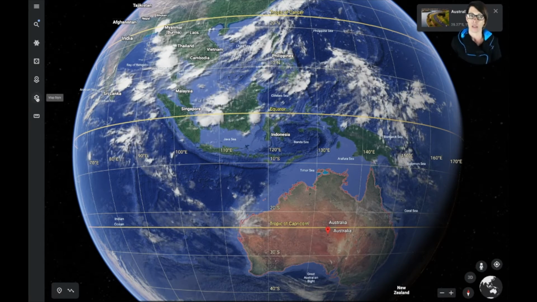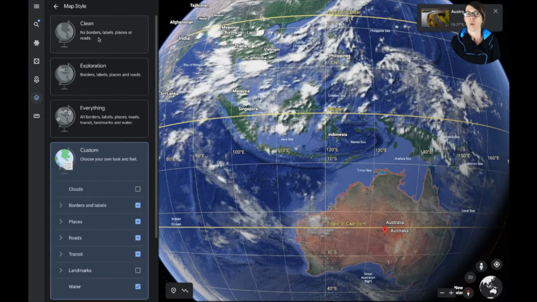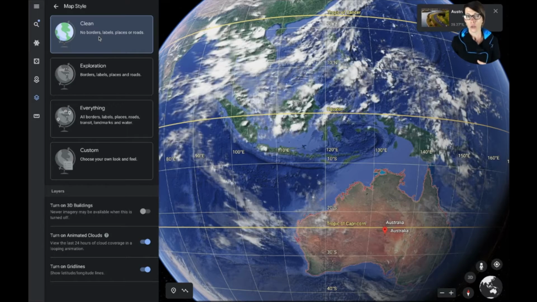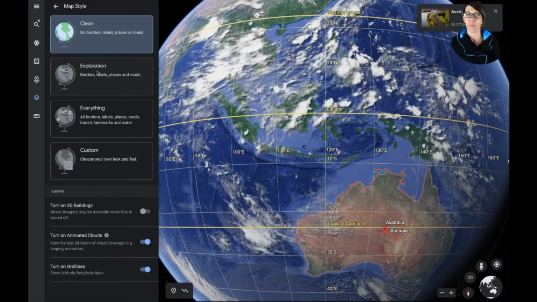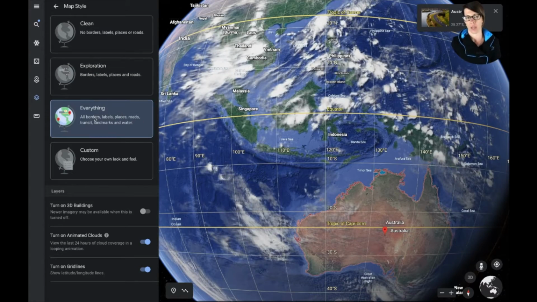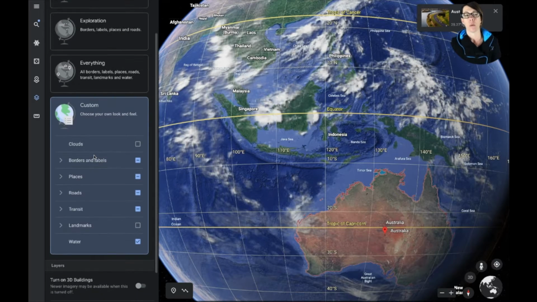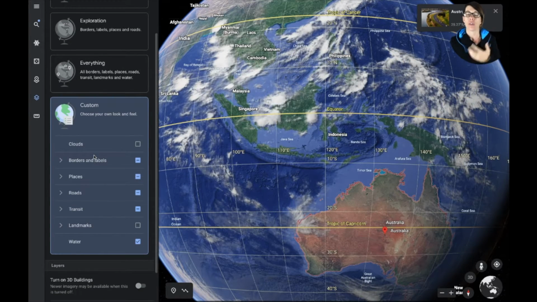and this button here is the map style, the layers button. So if you click on that, you get the option of doing a clean world, or you can have borders and labels and places and roads, or you can have everything, or you can choose a custom. So let's say you're given an assessment piece and it's in geography and you have to look at a